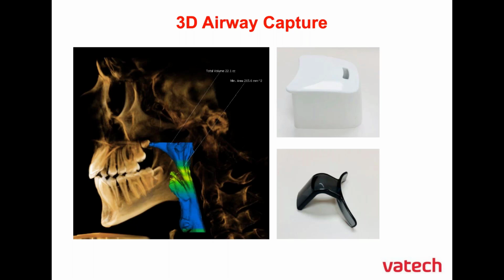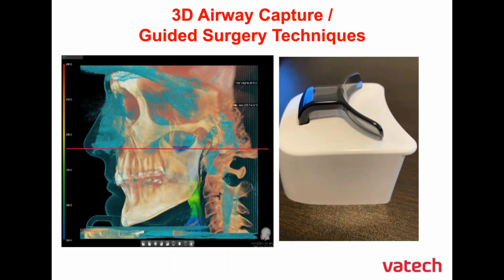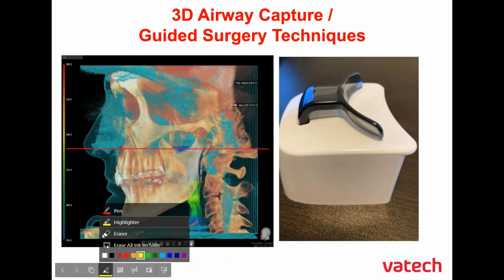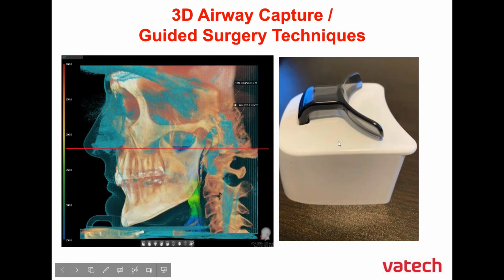And I think this next slide here really kind of shows a good example of that, to where you have those appliances and that chin cup together. And you can see down there where you have the chin cup right up against the patient's soft tissue there, and where they are gently closing on their back teeth there. Yep, exactly. Just have them relax. And then we're going to take our scan